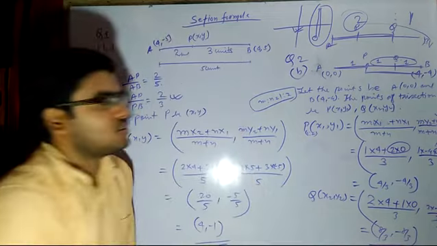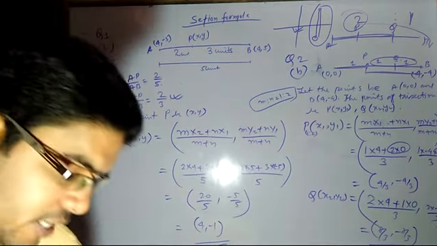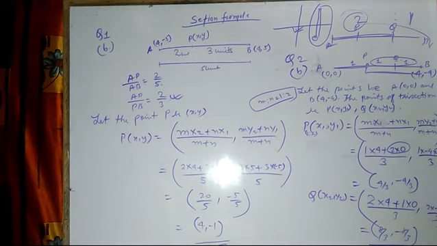So this will be your answers. I hope it is clear. You just try to understand once again, read it once again, and then you will be able to understand the value of P and Q. So the value of P will be 4 upon 3, minus 4 upon 3. Q will be 8 by 3 and minus 8 by 3.